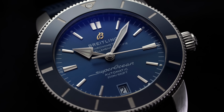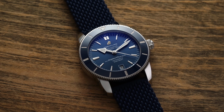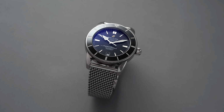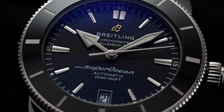MT5612 produced by Kenissi for Tudor. This was the exchanging of technologies between Tudor and Breitling. Tudor received the B01 from Breitling, and in turn, Breitling is utilizing the MT5612 inside here. I personally would love to see them utilize this movement more outside of just this collection, but it is a